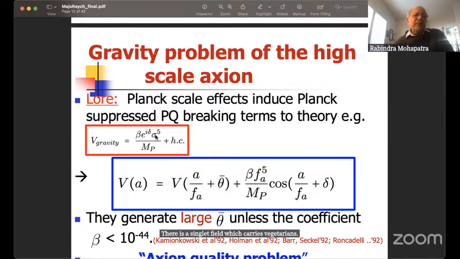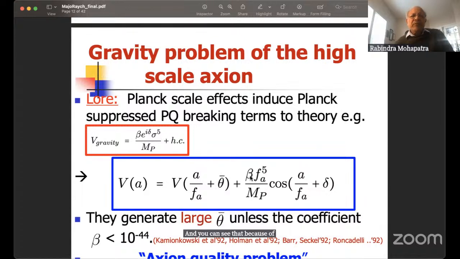So therefore, it is always gauge invariant, sigma to the fifth, and that is suppressed by only 1 power of m Planck. Okay? So therefore, what you have to do now is you take this gravity effect, and then you take the standard QCD potential of the axion, which is this term. The gravity effect gives this potential, and the axion field comes because you have a sigma whose imaginary part is the axion field. Okay, so you put this over here, then you can see that because of the sigma to